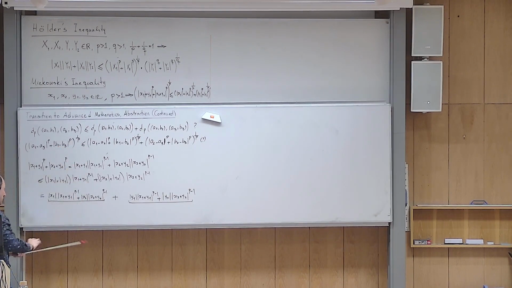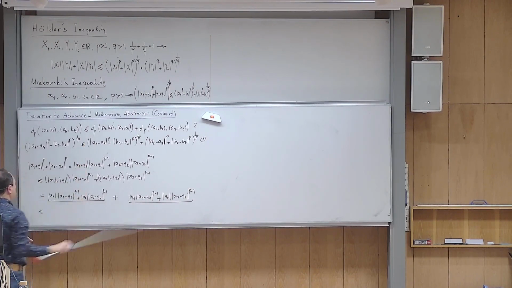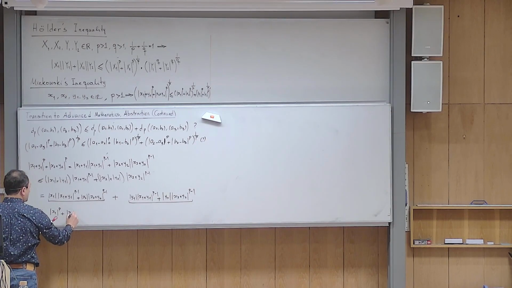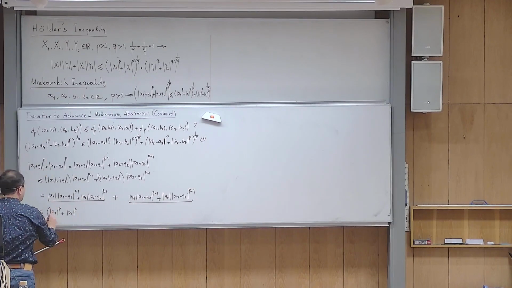So hopefully you agree with me, this part is less than or equal to the sum of absolute value of x1 to the power of p plus absolute value of x2 to the power of p, and then to the power of 1 over p,